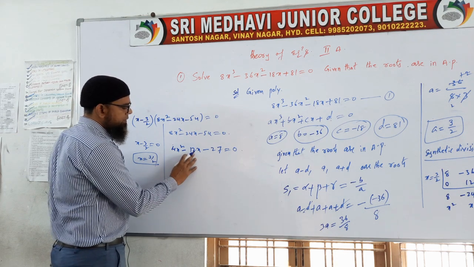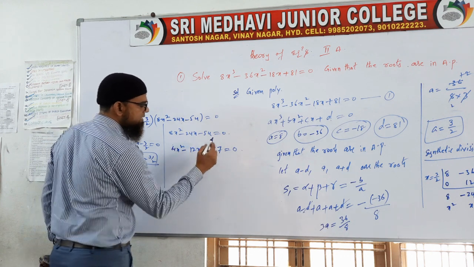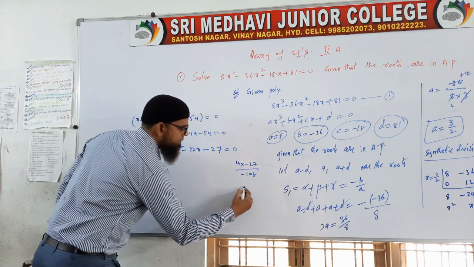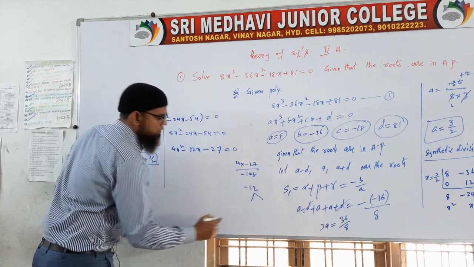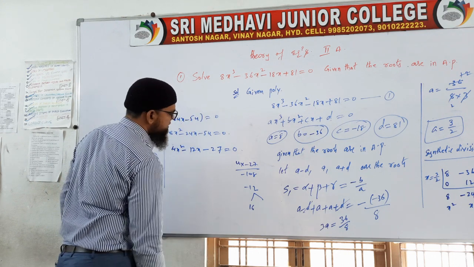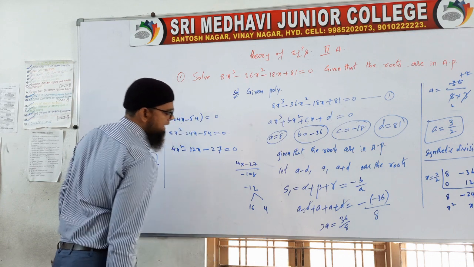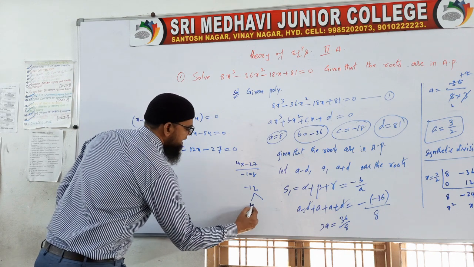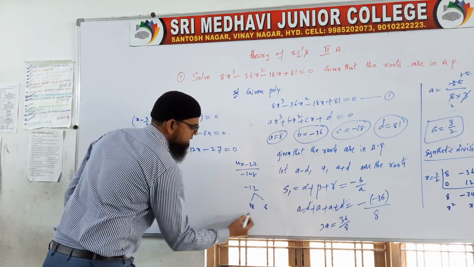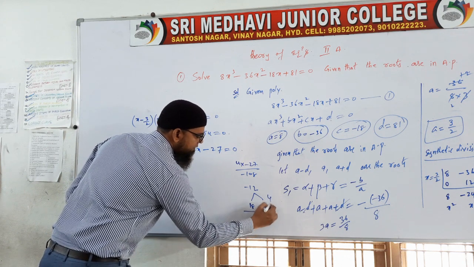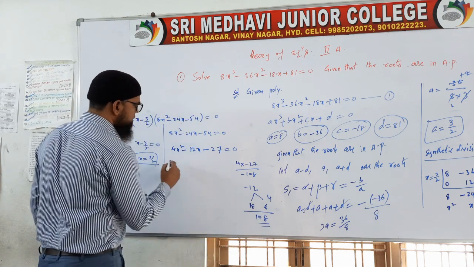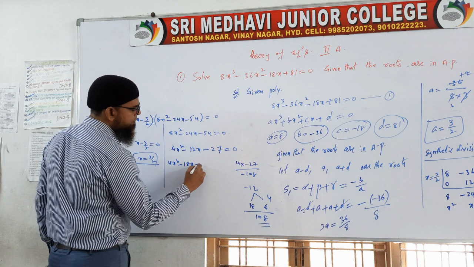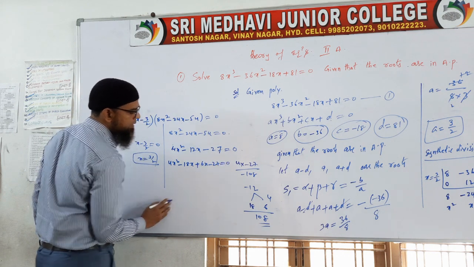Now split it into factors here, the middle number is minus 12. So when I multiply first and last number, 4 into minus 27, you will get minus 108. So that the middle number is minus 12. How to split here? 4 6s are 24, no, it is not possible. So we are taking 18. 18 into 6 is 108. It is okay now. So 4x square minus 18x plus 6x minus 27 is equal to 0.